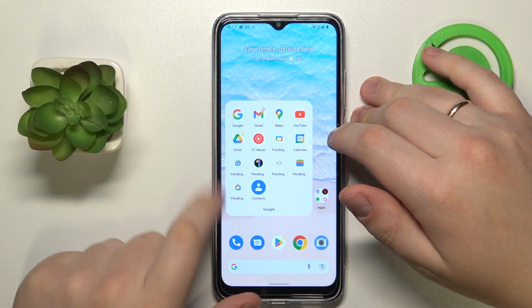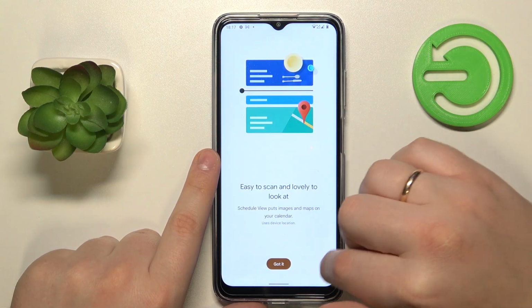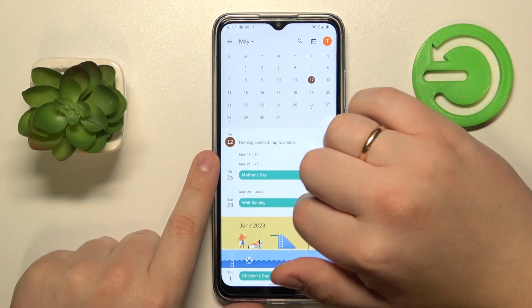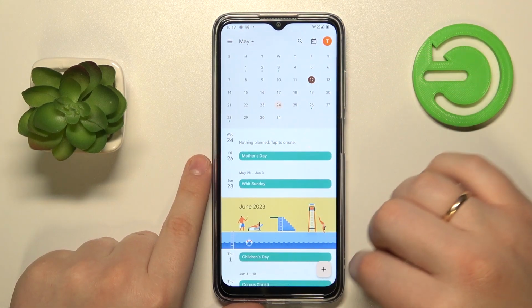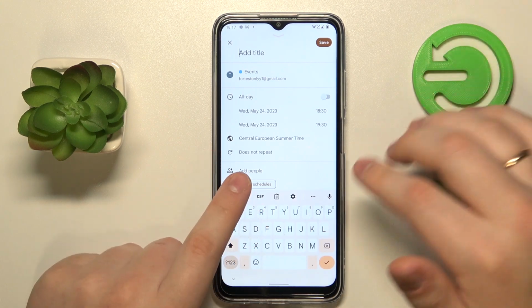So to start, you will need to find and launch the calendar app, which by default is going to be Google Calendar. Then select the date you would like to create an event on. After that, hit the plus button to your bottom right, choose an event option from the list that follows, and